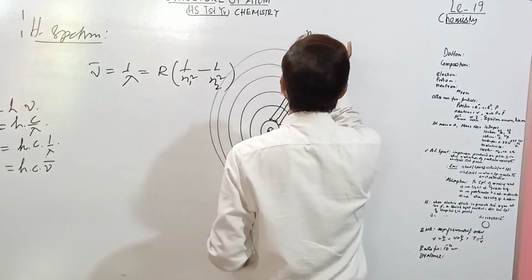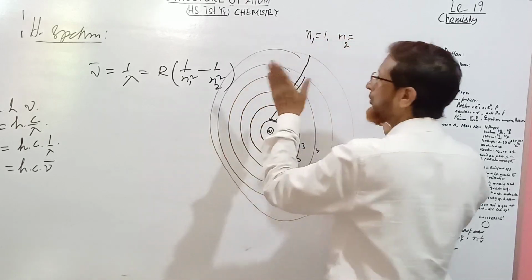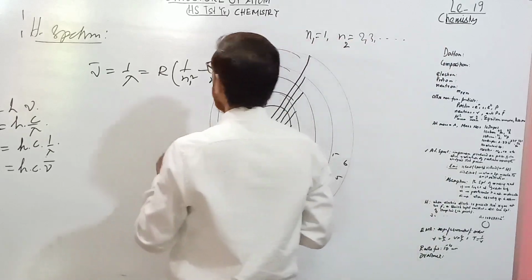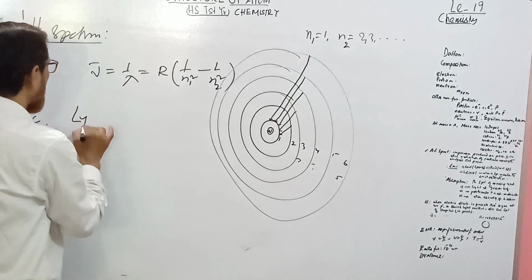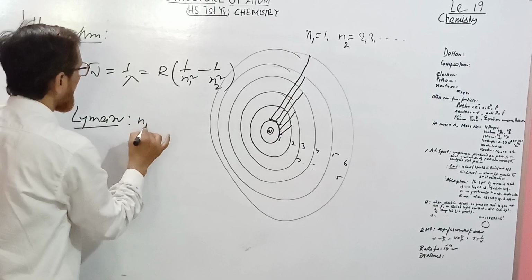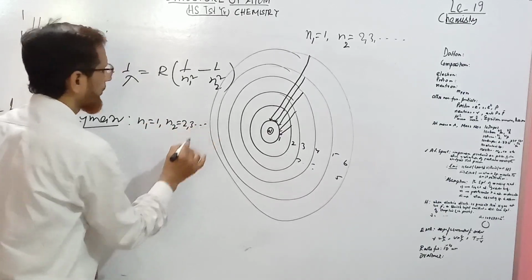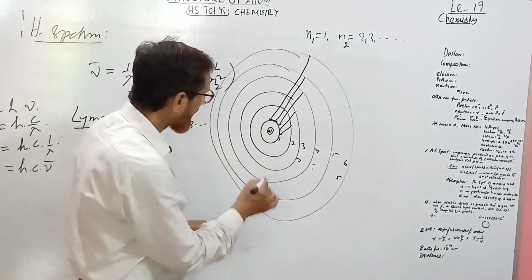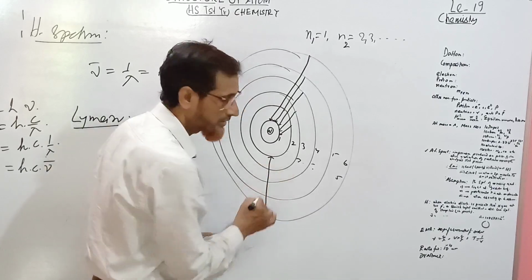So here n1 is equal to 1 and n2 is equal to 2, 3, 4, 5, and so on. If these transitions happen, that series is called the Lyman series, where n1 is equal to 1 and n2 is equal to 2, 3, and so on. Likewise, if we consider the second case, where the electron jumps not to 1, it is coming back